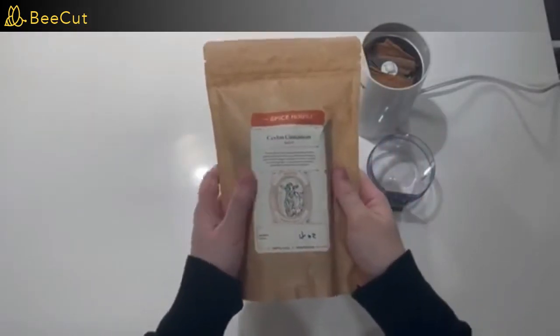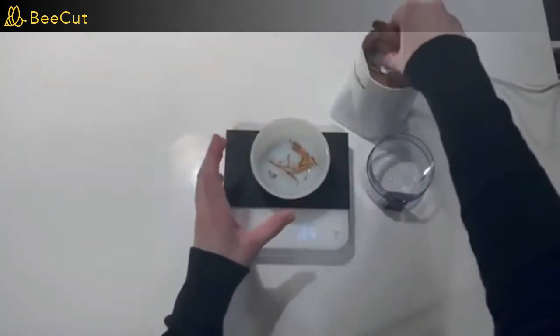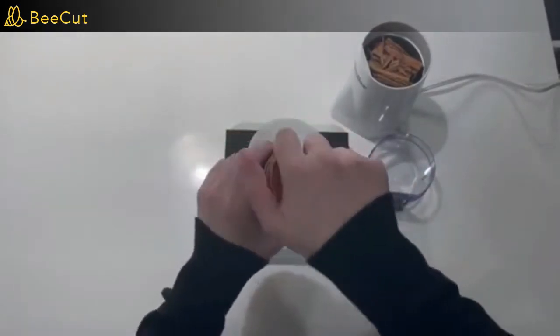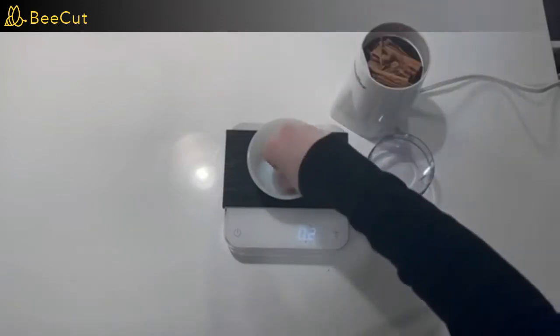Second off is the more commonly seen cinnamon quills. This is very recognizable as cinnamon, and just kind of break it up, measure it out, and throw it in your spice grinder. Next thing we have here is cloves. I overshot it a little bit, but I'm more of a cloves fan than I think James is, so I think that's all right. After I measured these out, again, we're just dumping it in, and then we're just gonna